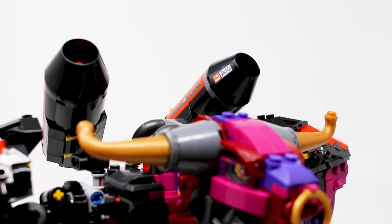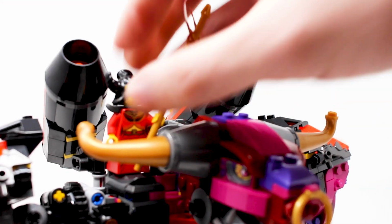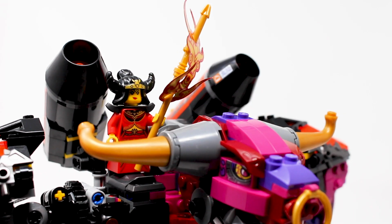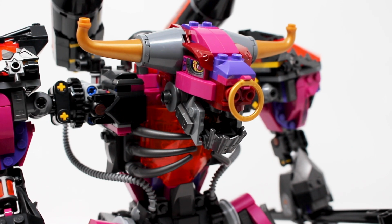Also up top here, there's not like an official seat or stand for her, but you can have your Princess Iron Fan figure ride on the back of the Demon Bull King right here, which is an interesting look, but it could have been better integrated. Now we can finally talk about the best designs on this creature here, the chest area and the head of